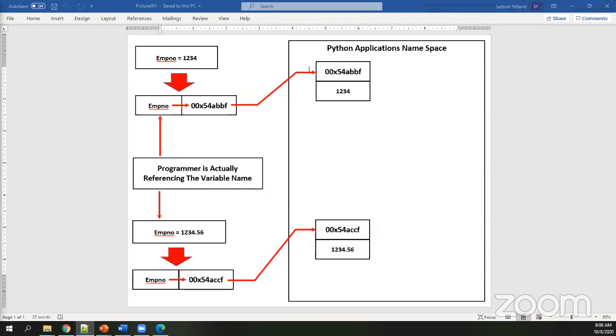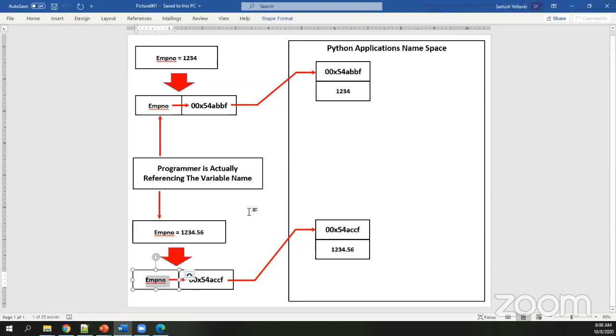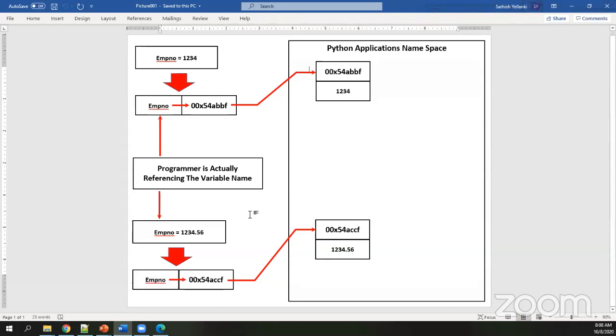So yesterday I was just trying to show you how exactly your Python will try to allocate the memory within the application's namespace, and that particular address is tagged or mapped to your variable name. Are you catching the point? Be very, very clear about that. Therefore, whenever you are giving a new value, whether it's a new value of a new data type or the previous data type, Python always recognizes that.